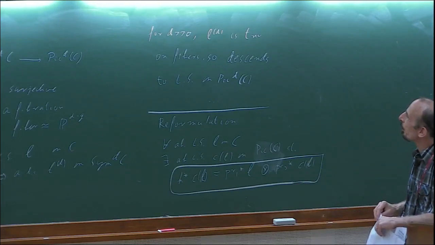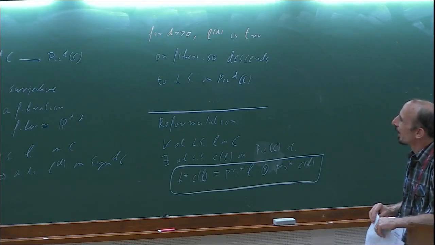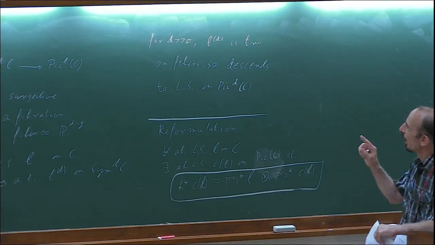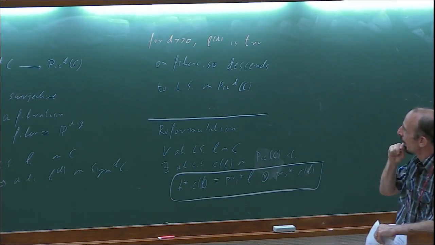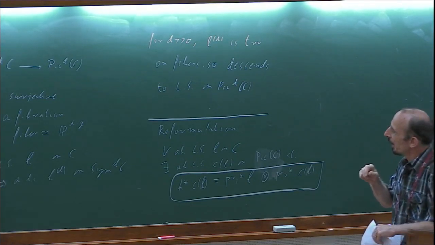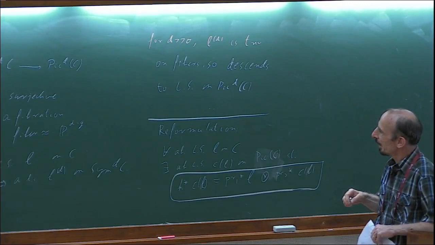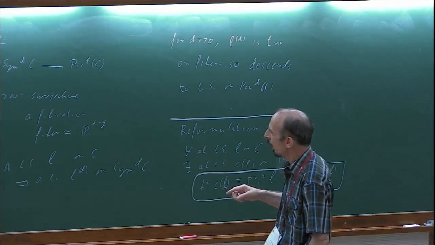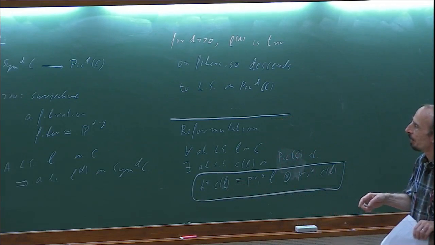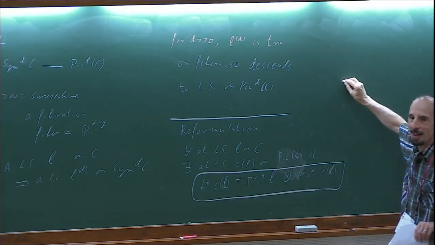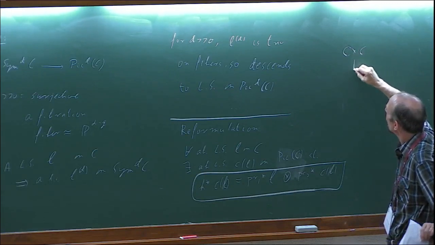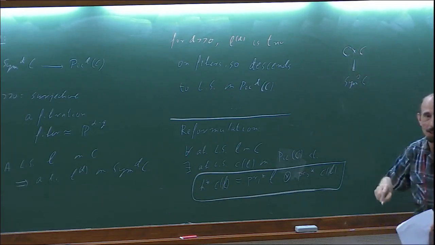So, yes. So, yeah, that's the issue. So start with C cross C going to Sym^2 of C, and it only gets